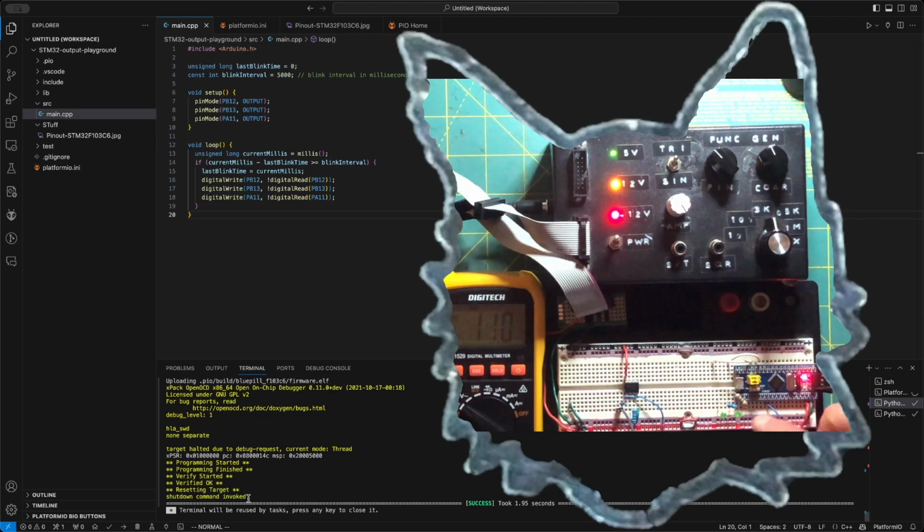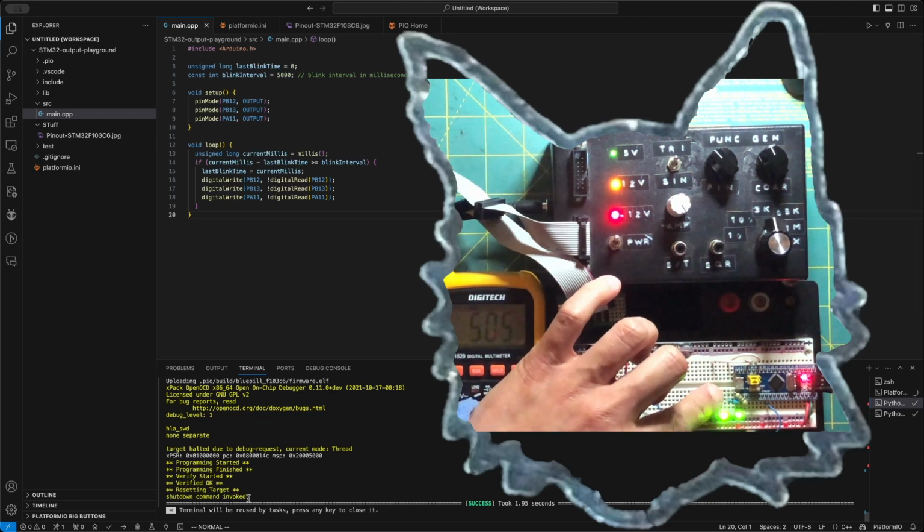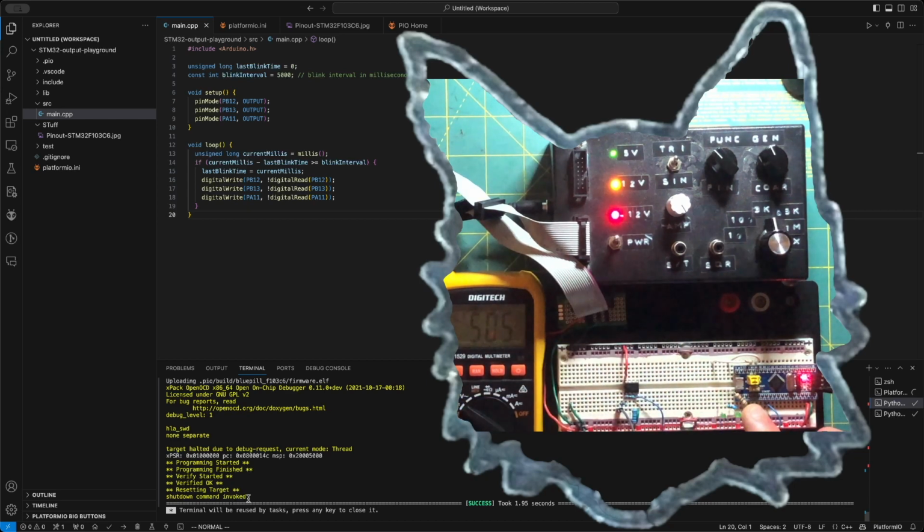So this right here, I think it's a 68 ohm resistor, and this is a 150 ohm resistor. And the 150 ohm resistor is still pretty bright, but it's definitely dimmer than its partner over here, which is a lot brighter, right? So I personally would rather have the slightly dimmer lights because they kind of hurt my eyes, but